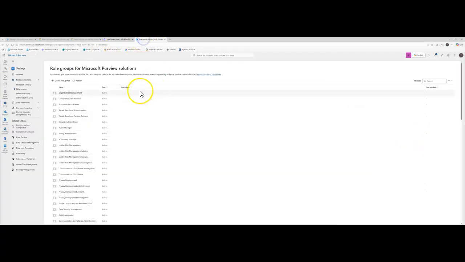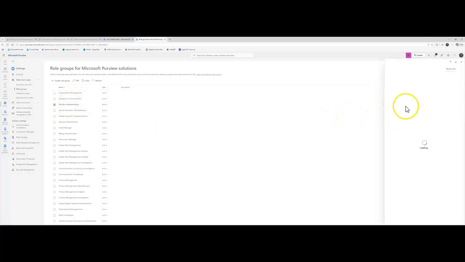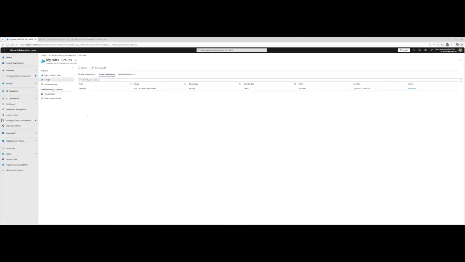But we can go into Purview administrators. We can see that the members of this group are activated, but it's only those that have activated. Not every member of the group is necessarily activated at the time, which is why we don't set the group members until after we enable it for the role assignment that it's going to have. And so if I go in here to